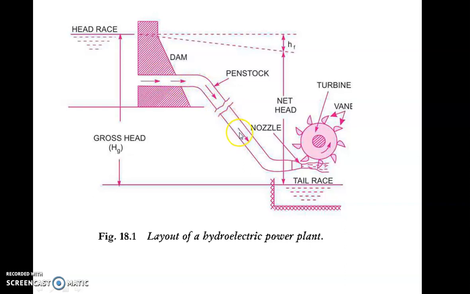We have seen in fluid mechanics that the friction loss in the pipe, given by HF, is equal to 4FLV square upon 2GD. So this is a pipe, and that's why there is a frictional loss, and that is given by the Darcy-Weisbach equation, 4FLV square by 2GD. Hence the net head is nothing but the gross head minus this friction loss head, HF, and we are going to consider that net head. Here potential energy is converted into kinetic energy, and that kinetic energy is going to be utilized for hitting the bucket to produce the power.